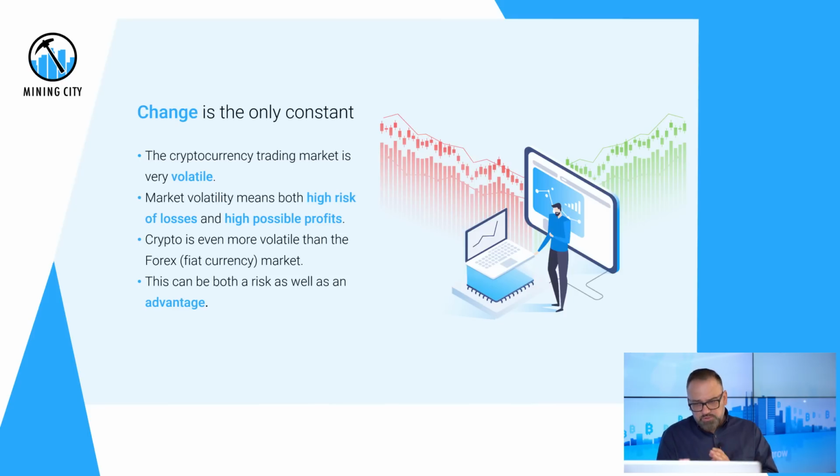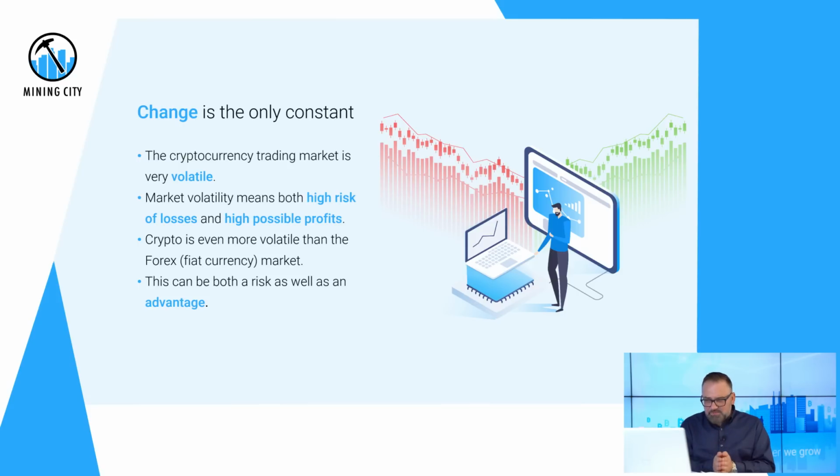The most important thing that you need to know about the cryptocurrency trading market is that it is very volatile. To put it in simple terms, the prices change rapidly, sometimes even drastically and within minutes. And they may be related to something outside of the world of crypto. For example, positive unemployment data in the US, or the strengthening of the Japanese yen, or, God forbid, the start of